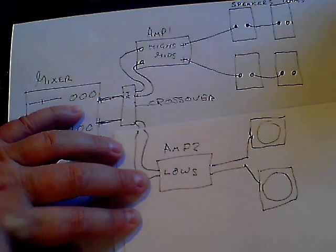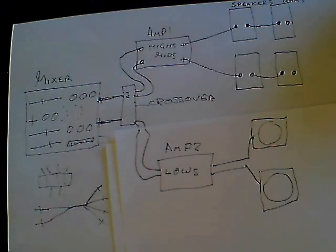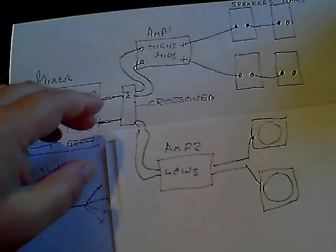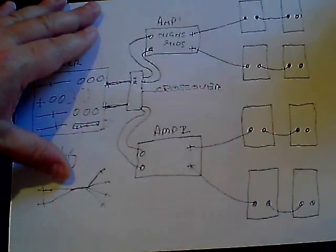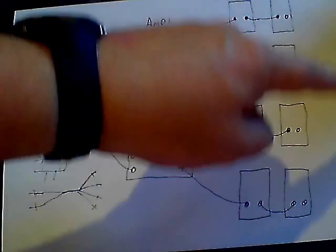Now for a disco, a PA rather than a sound reinforcement system, I think that is a better system. Some of you may not agree, but you know, it's personal. It depends what you want, to be honest. If you're doing stadiums, probably your original idea actually may work out better, because that is what a band would probably go for. But they would probably insert another amp with some subs as well to reinforce the full range,